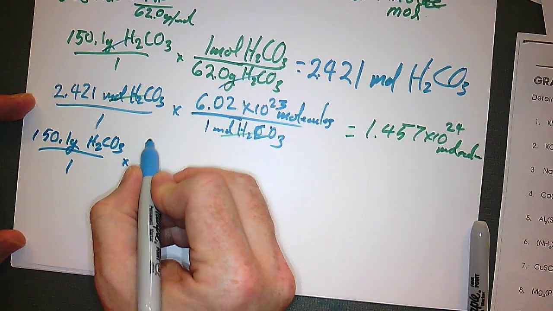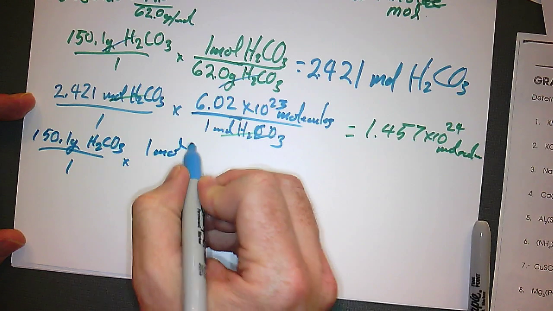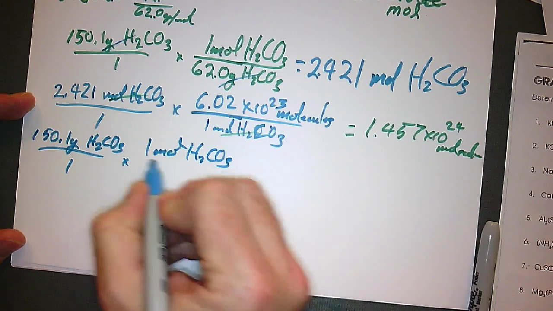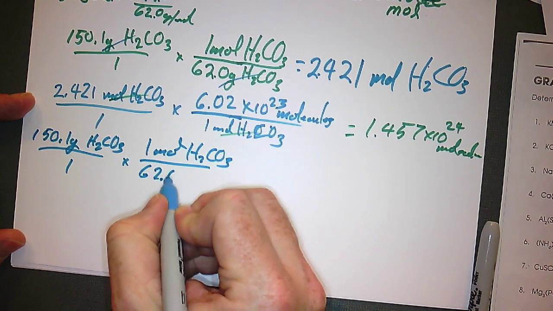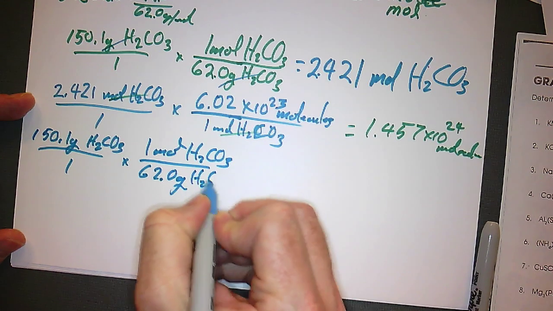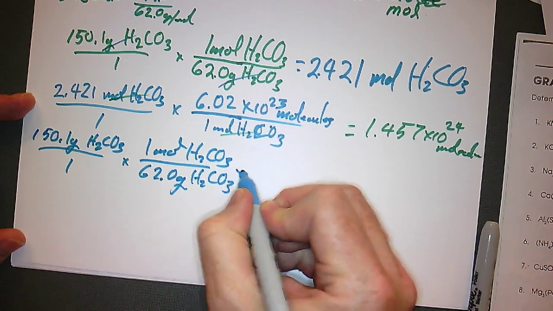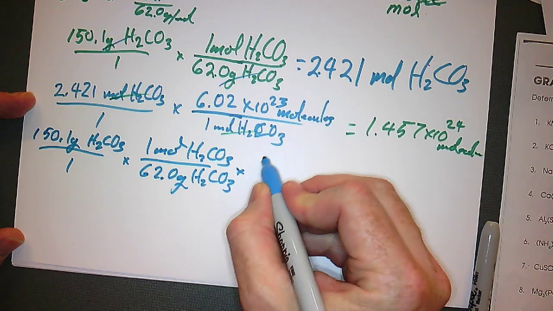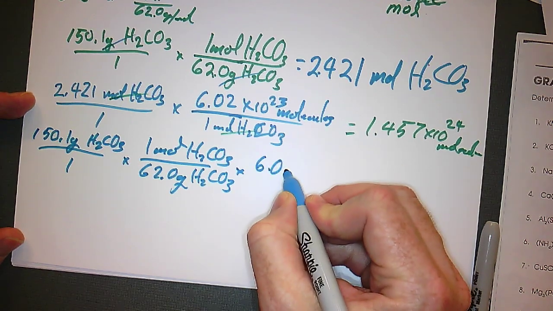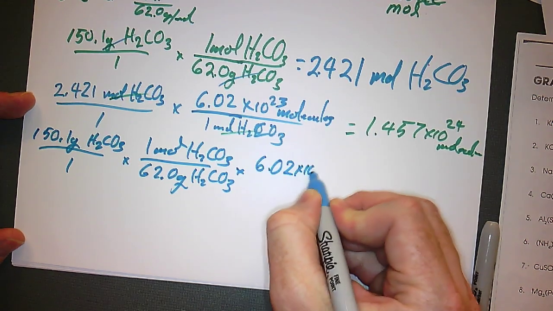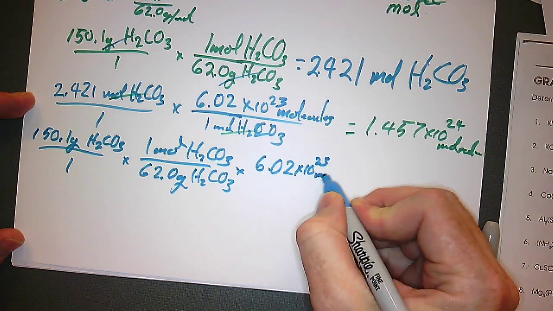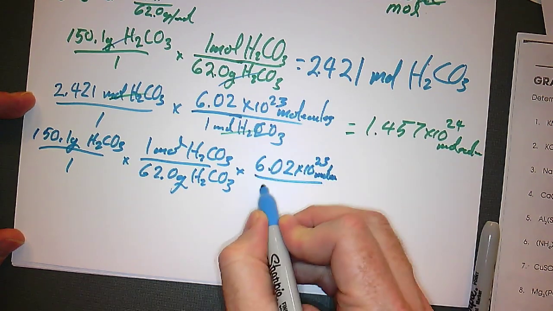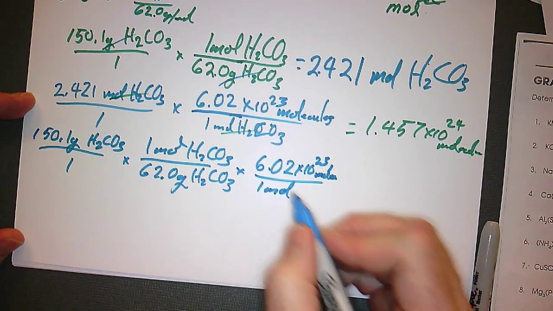We still do the next step the same way. 1 mole H2CO3 over 62 grams H2CO3. But then instead of stopping and solving, we take the next step and just put it right here: 6.02 times 10 to the 23rd molecules over 1 mole